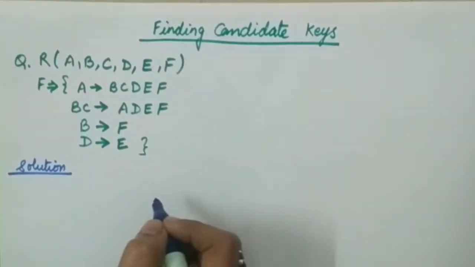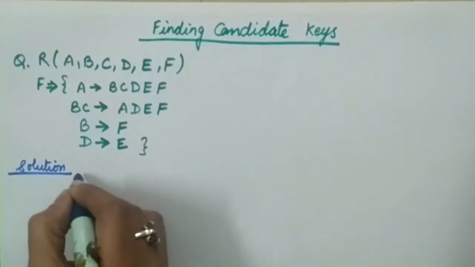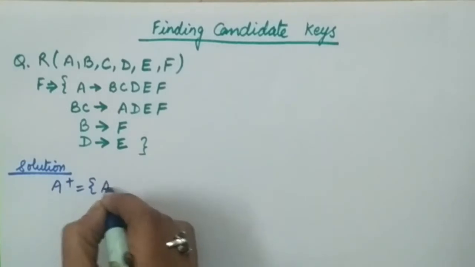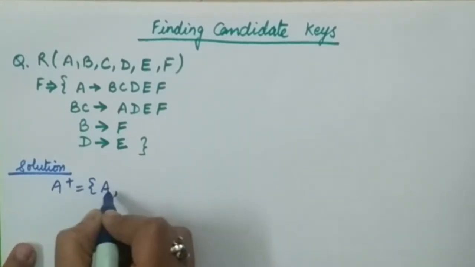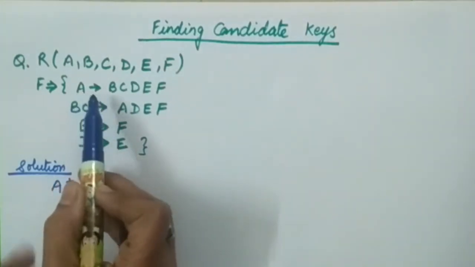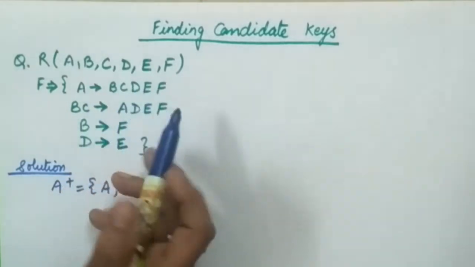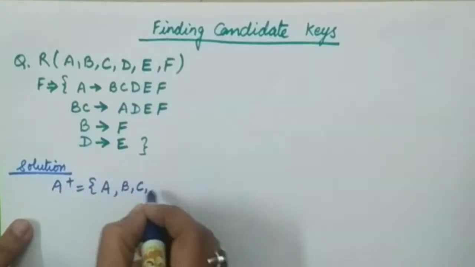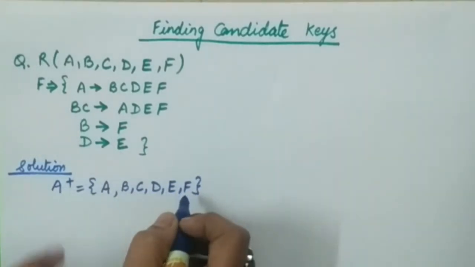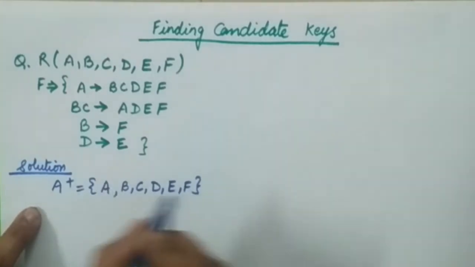So to take out the candidate key, we will use the closure method. One by one, let us see the closure of A. The closure of A can determine itself. Then from A, let's check the above FDs. Can I reach other attributes through A? Yes, A determines B, C, D, E, F. So A, B, C, D, E, and F. All the attributes are being covered in this closure with the attribute A only.